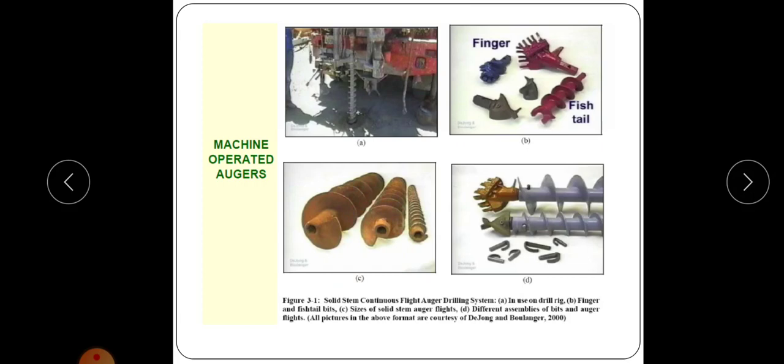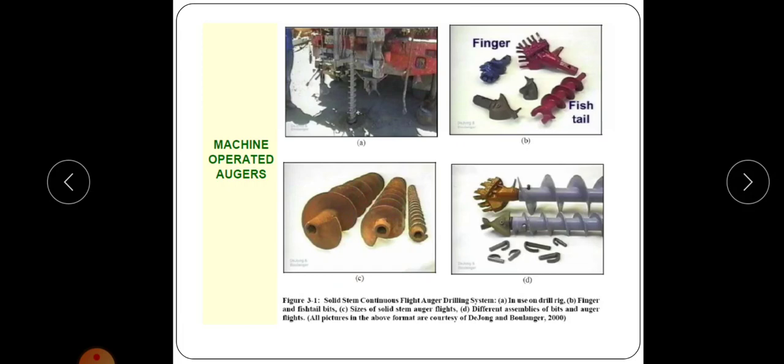Also, this auger boring cannot be used when there are large cobbles, boulders or other obstructions which prevent drilling of the hole. So auger boring cannot be adopted for sandy soil below the water table because that type of soil requires casing. And if the soil contains large cobbles, boulders or other obstructions, we cannot do auger boring because they will prevent drilling of the hole. These are some disadvantages of auger boring.